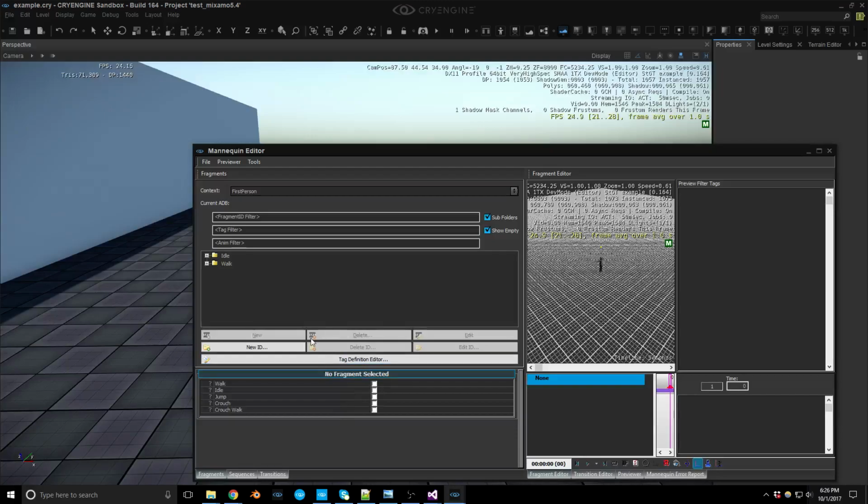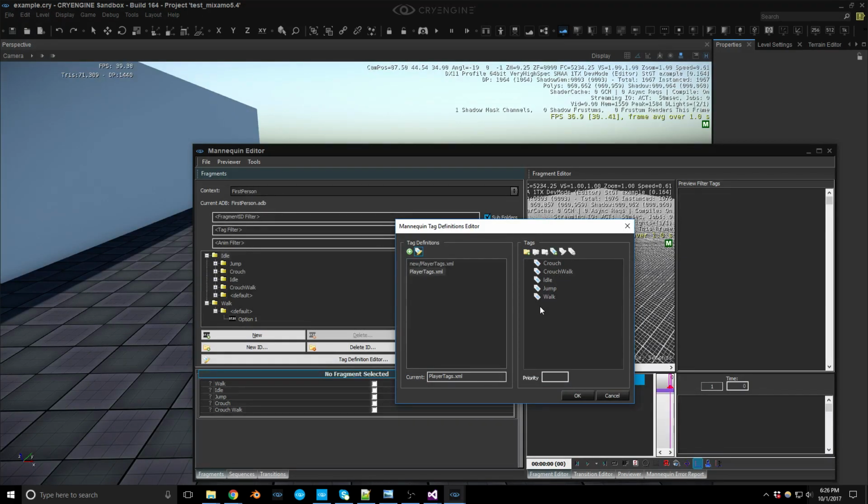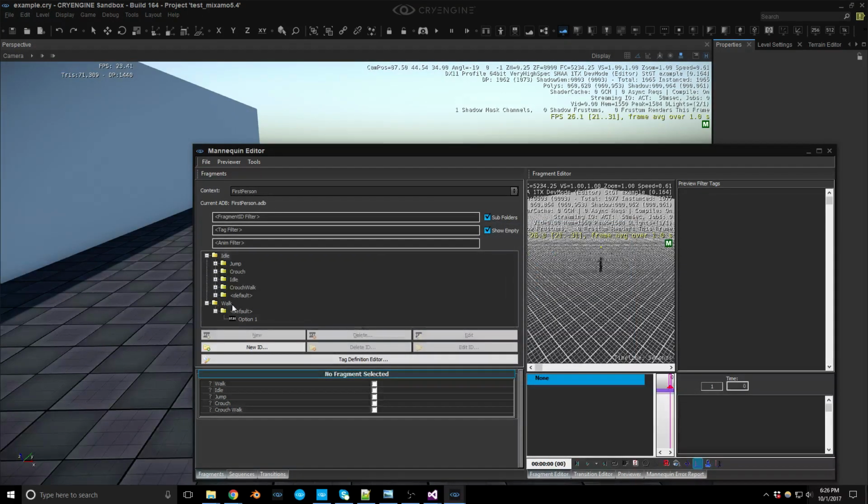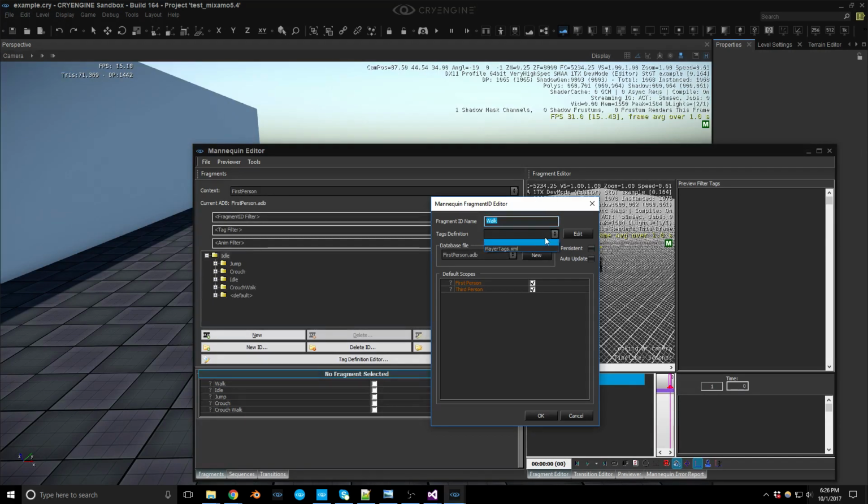So this one still has those. This is a little bit confusing with the walk, jump, idle, all of these things. They're called fragments, but you see them in this tag definition editor. So yeah, see you have them right here. So if I was to delete this and create a new ID and call this walk,